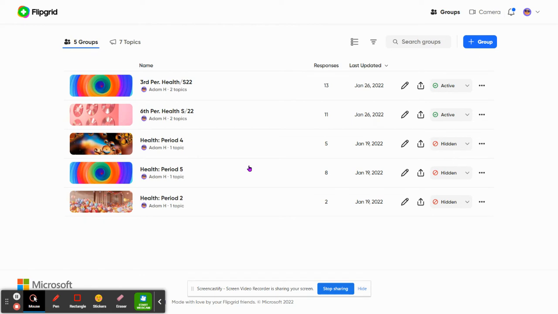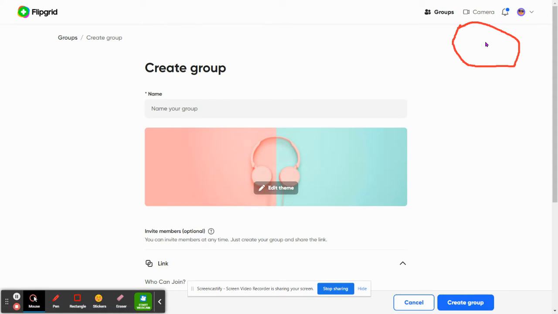Now we want to create a classroom group. If you scroll to the right of your screen, you'll see a blue button that I'm circling in red. It has a little plus sign and says group. You're going to click on that group, and this is where you're going to create your classroom group. For this example, I'll put fifth period